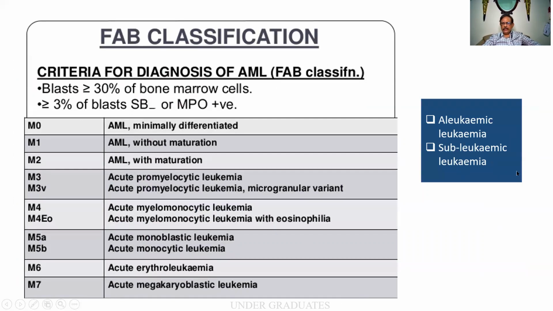There is another purpose for this slide, a condition called aleukemic leukemia. It will be a leukemia, but you don't see a leukemia. That is because in the peripheral blood the count is decreased. Similarly, in subleukemic leukemia, the patient's total count will be only about 6,000 or 7,000, but it is a leukemia. You cannot have a count of 5,000 on Monday and 2 lakhs on Tuesday. It is not possible. So there is a gradual evolution, and these are some stages which we can miss.